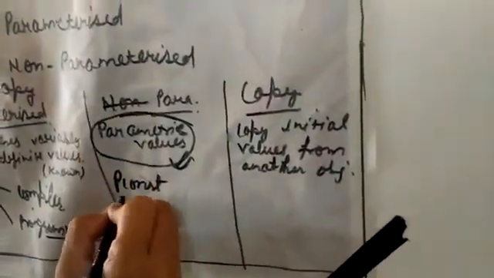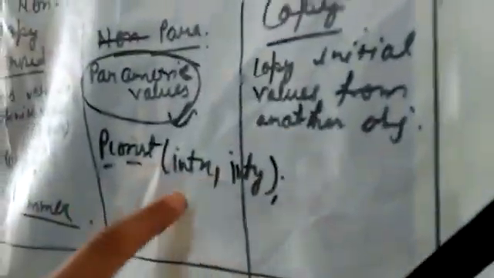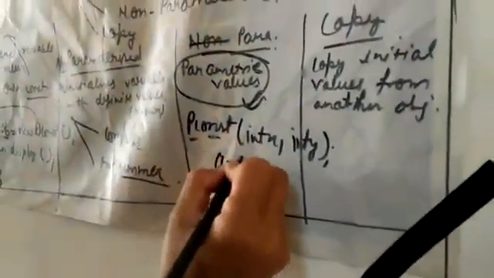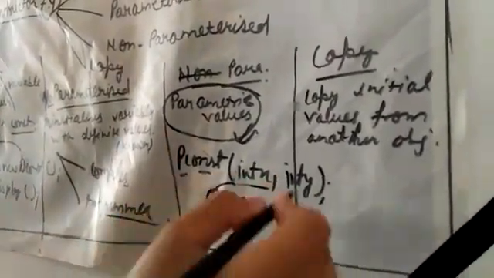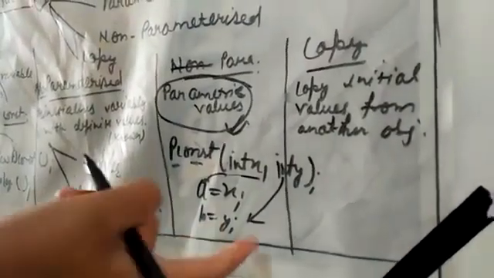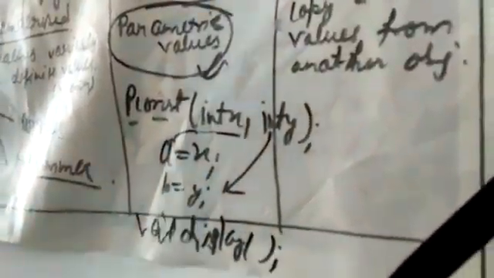Suppose I am writing over here, I am passing the values. This is a constructor I have created, a parameterized constructor, and I have passed the values int x and int y. So this is called a parameterized constructor. Now I have to fill it like this. See here, I have to initialize the parameters in it. Now int x is assigned to a, and int y to b. Now we have to display it with the help of a void function, void display. Got it?